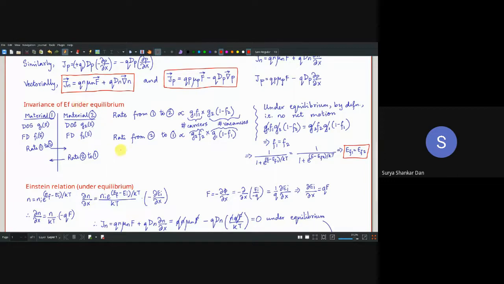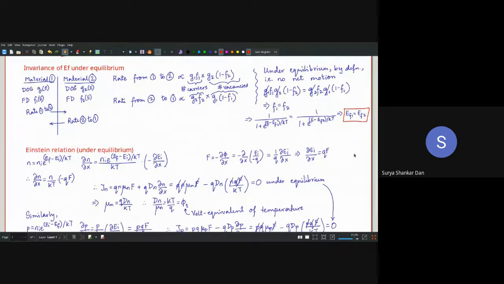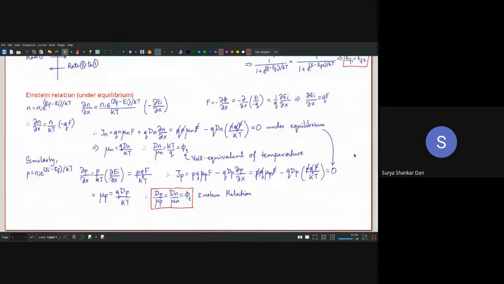Whenever we are speaking about the metal oxide semiconductor, there are 3 different materials. Okay, still EF remains the same as long as it is under equilibrium. This is very important. ये तो mathematically हमने सीखा है, but इसका application कहाँ होगा? That comes in the concept of Einstein relation. That is the last topic for today.